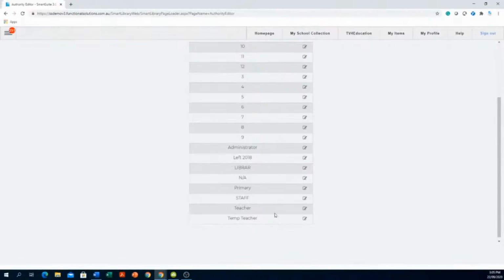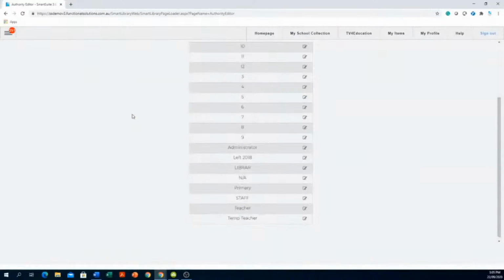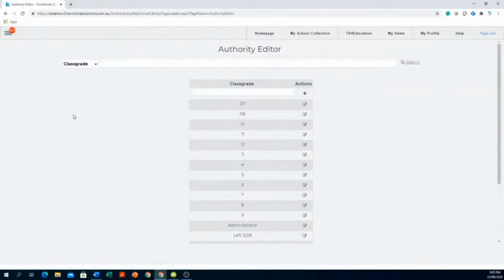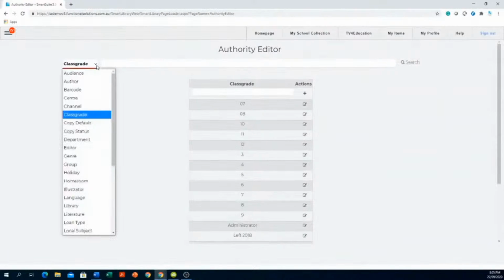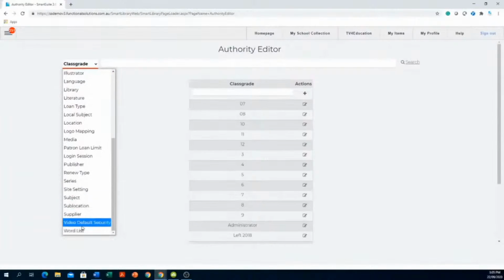So teachers should have 50. Okay, and that's all you need to do to set up your class grades. The last thing that you would need to do is go down here and go down to the video default